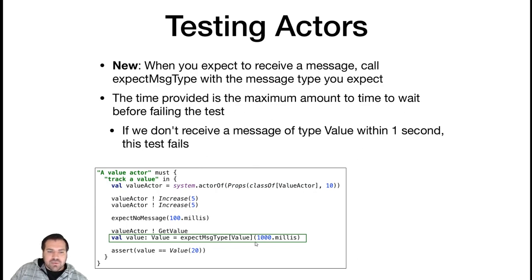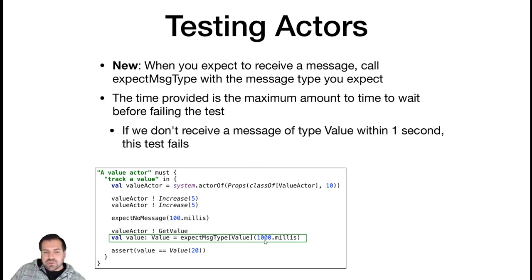immediately. So this 1,000 milliseconds or 1 second is a maximum wait time. If you have a statement like this in your test, that does not mean that your test will wait for a full second right there. If I send this get value, most likely value actor is going to get that value and respond with a message of type value within like a millisecond or so. So this expect message type is going to wait for up to a second, but in a handful of milliseconds, if everything's working right, it's going to get a message of type value, return, and move on to the next line